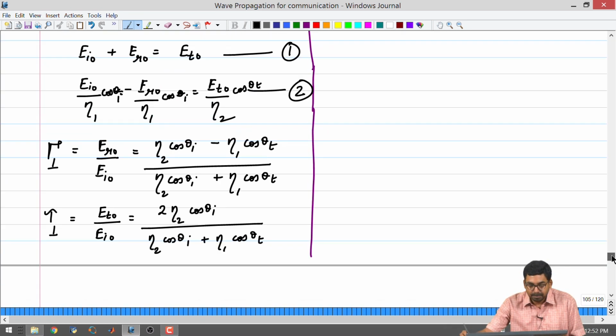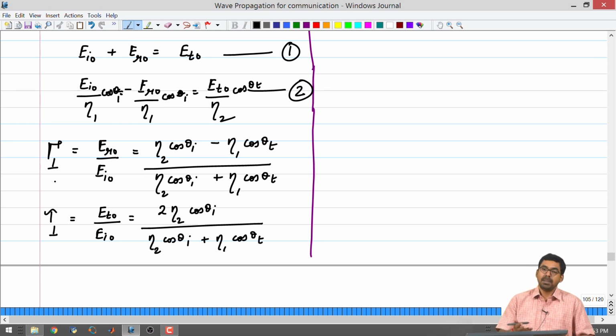We will also see some conditions. If you look at the gamma perpendicular expression, the numerator has a negative sign, which should trigger some thought: is it possible for the numerator to be equal to 0? What would that be? Is it possible for the numerator to be positive? Is it possible for it to be negative? When these things happen, what material configuration do you need? What is the relationship between epsilon 1 and epsilon 2 that will give you these things? So we have to see when gamma will be 0, negative, or positive.